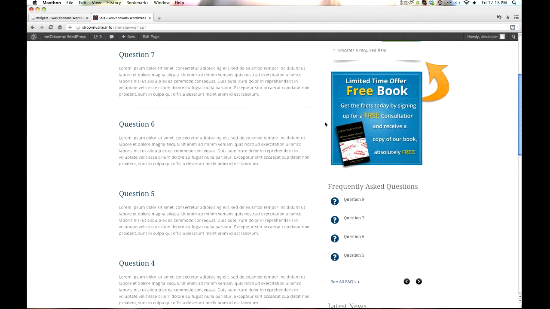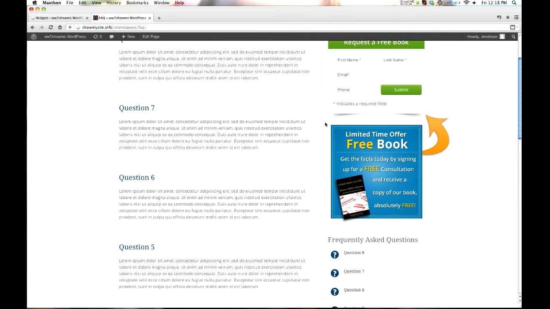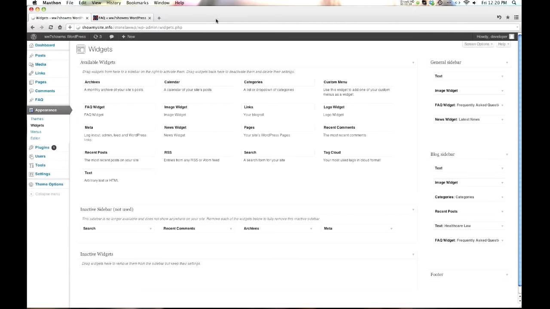Because I know, for instance, there are some things in the blog and/or the homepage that might not be universal throughout the site. So let's go ahead and jump in and show you how we set this up. All right, so right now I'm in the dashboard, obviously the back end. I'm under Appearance and Widgets, and I'm pretty sure you're familiar with this, but just in case you're not,